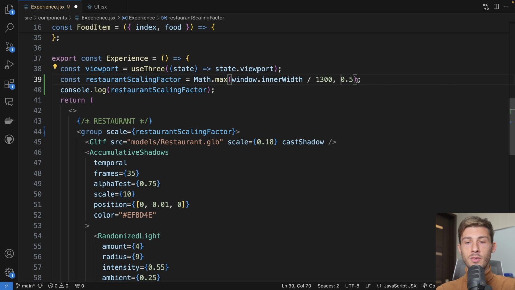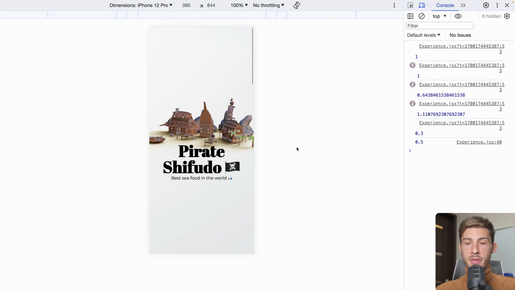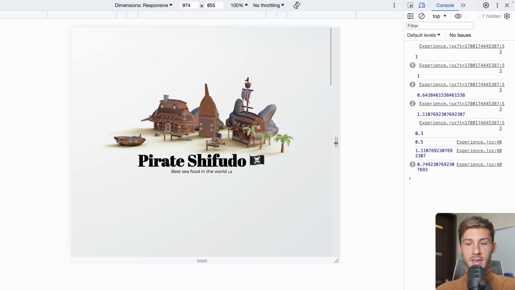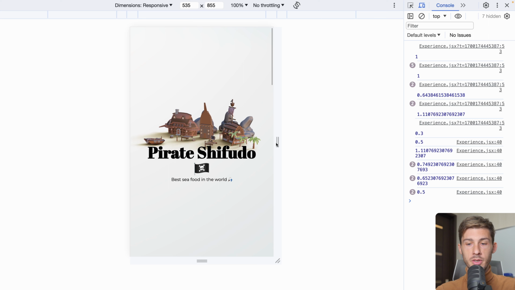which will be 0.5 between the two. And when it's bigger, it will be using that value. Now you can see because we reached the threshold, we are at 0.5. If we switch back to responsive, it's still getting slower and slower until a certain threshold that it won't